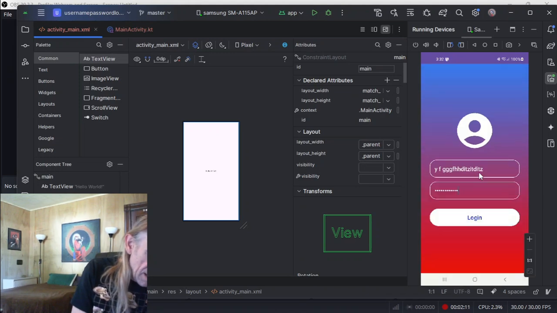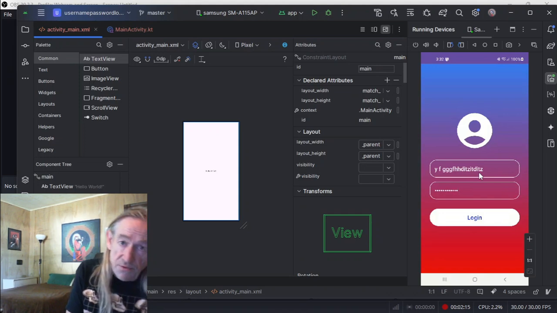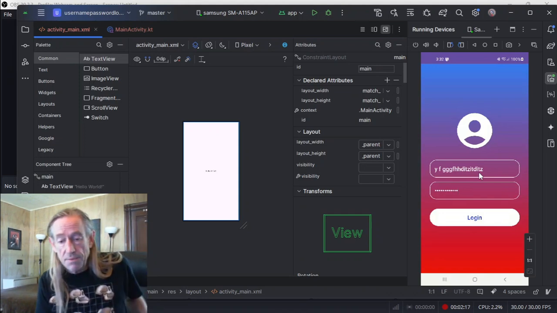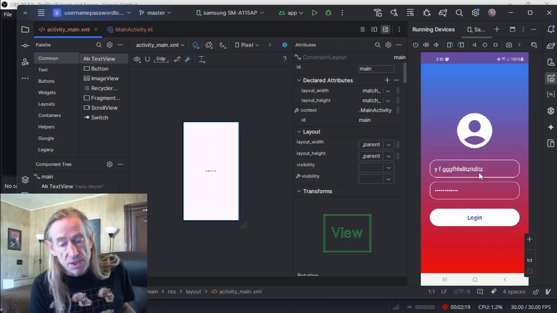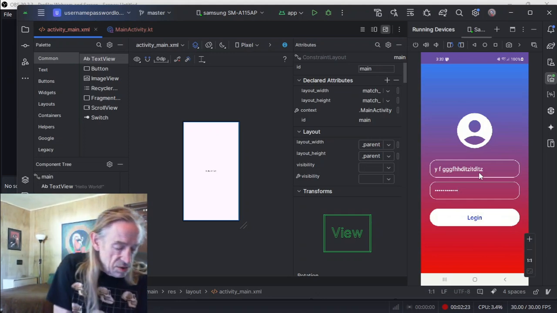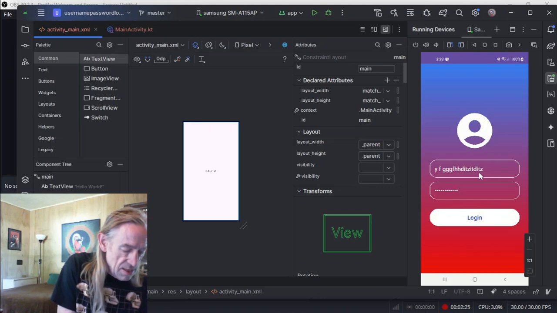And when you click login, it passes this information from the username and password fields through a back office. The back office takes it up. And so when you press login,